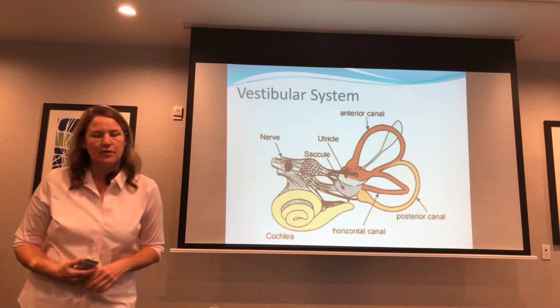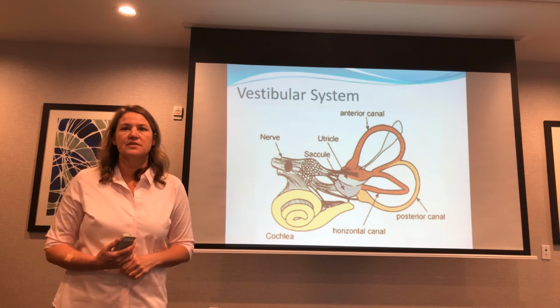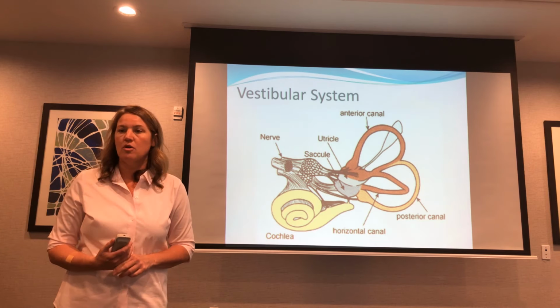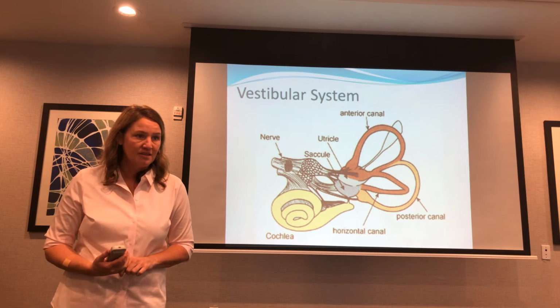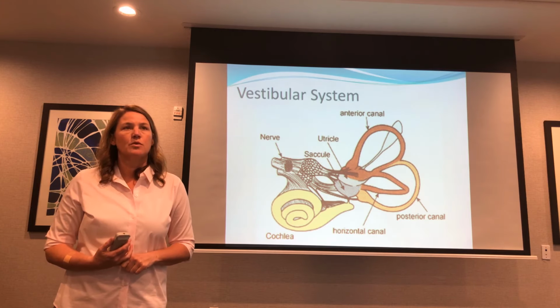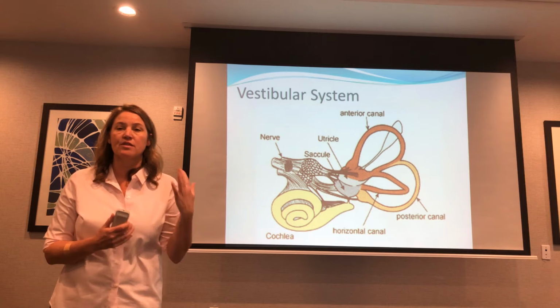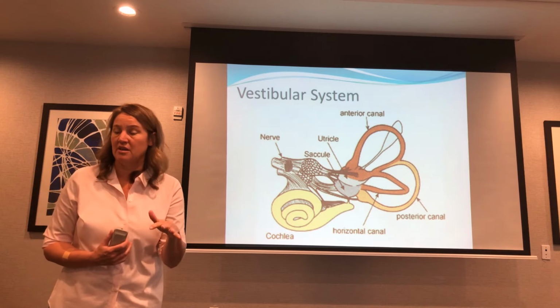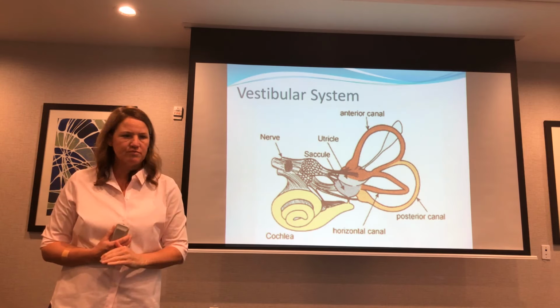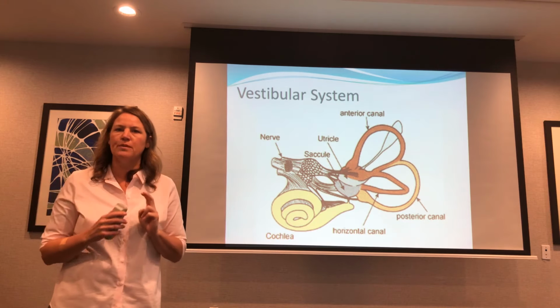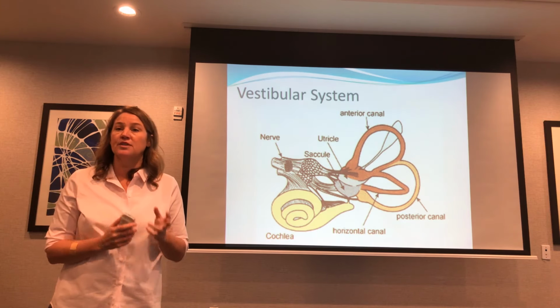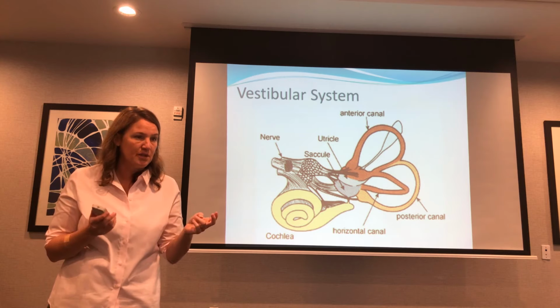Now, the thing about the vestibular system is if something's going wrong with it, they will have illusions of motion. As we go through the day today, one of the things we'll do at the very end of the morning is a few summary type things, and one will be differential diagnosis of dizziness, a complaint of dizziness.